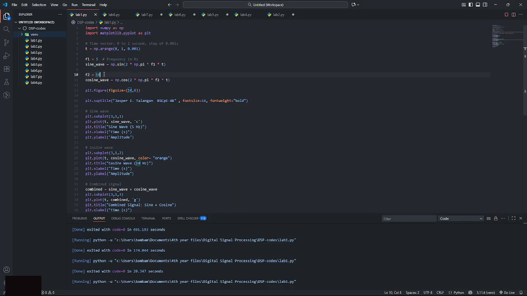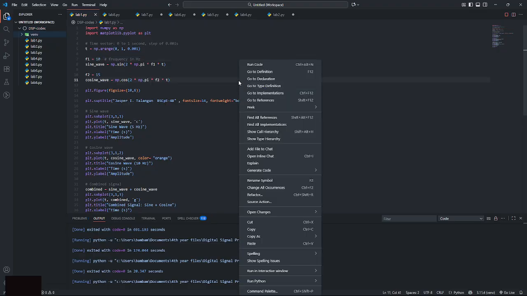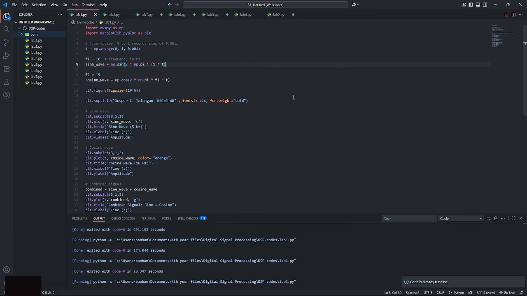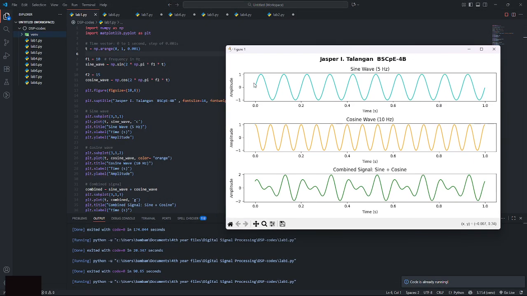If we change this to 15 and this to 10 and run the code, you can see this changes our plot for the sine and cosine waves. The sine wave, before 5 hertz, is now 10. It completes 10 cycles per second: 1, 2, 3, 4, 5, 6, 7, 8, 9, 10.